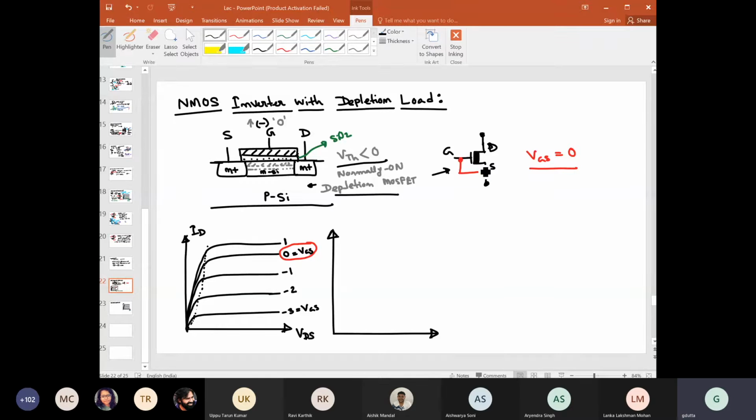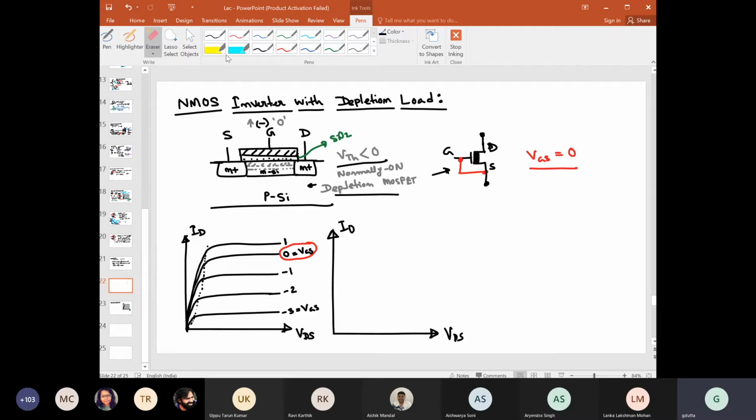One terminal is this and the other terminal is this. Now you can replace what previously you used to use, this resistor or this enhancement load, right? Now you can use this there, on top of that. So if you use that, we are going to see in the next page. In that case, the characteristics of this device, or the ID versus the voltage drop across it, will be governed by,